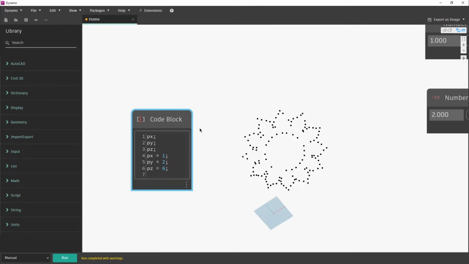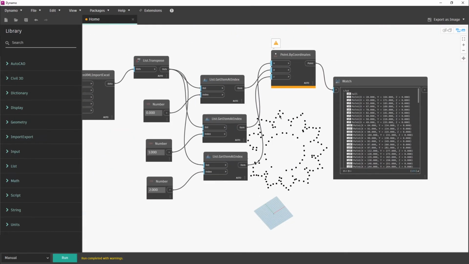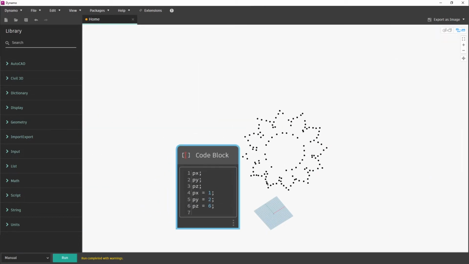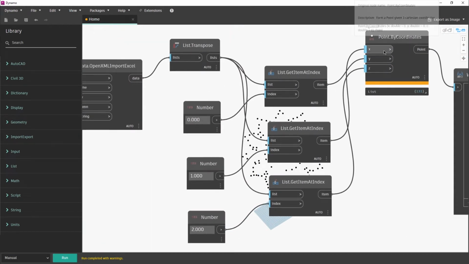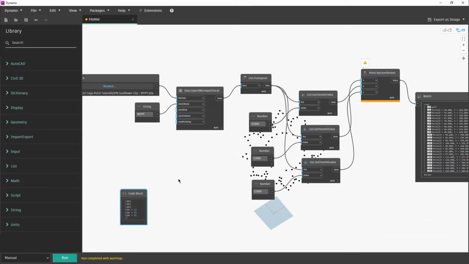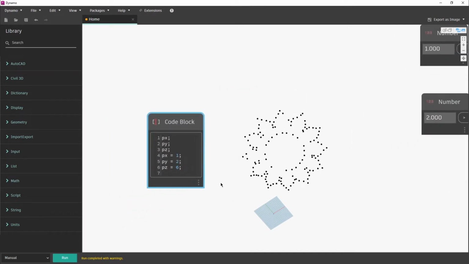Basically, if you want to define some code through the library on the left side, you just type it, but remember to use an uppercase letter, as in the previous example. So you want to import the point by coordinate like what we see here. Just type it here similar to what we see here. You can see that the first letter is uppercase, so it's also similar here. If you want to use that library code, you need to use uppercase P and then Point, as you see here, then enter, or Point.ByCoordinates,